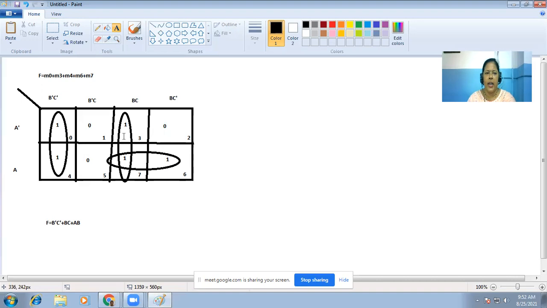Both are right for this case, because for this one I have to consider this one, which is already in another loop, and if we consider this one, this one is also in another loop. So the truth table will remain the same, and the simplified expression will be slightly different, but that solution is also correct.